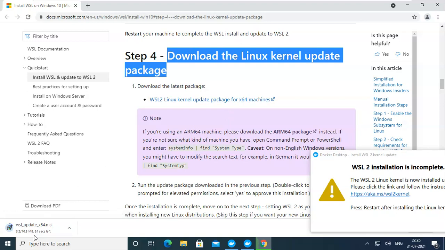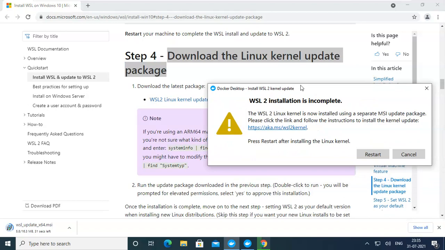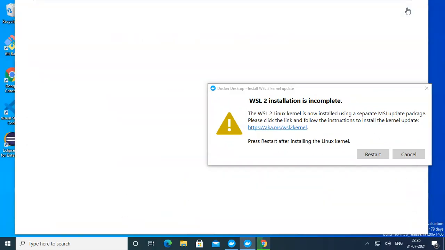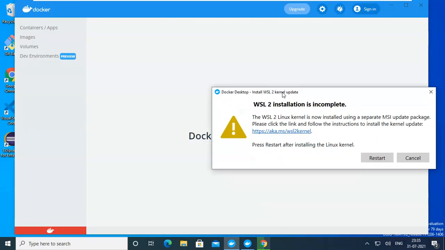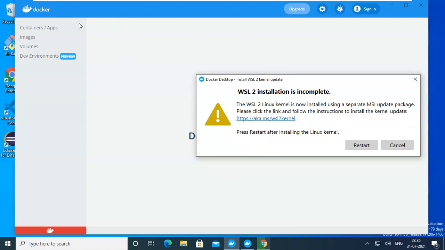We require this one, so it is downloading. You can see here it is a 16.3 MB file. You have to wait, let it download, and then we have to install. Then you have to click on restart. In the background it is also showing a failure to start. No need to worry. This is the GUI tool for Docker, where you can see how many images you have, delete images and containers, and sign into Docker Hub to download or upload from your Docker Hub. You can also do it from here.